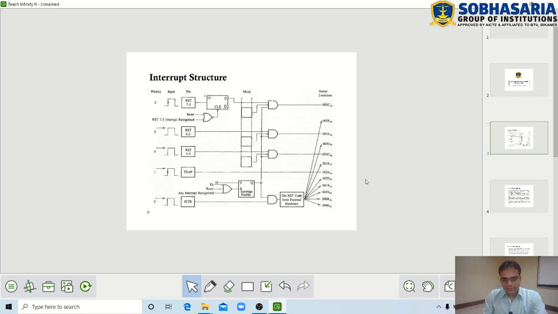The third step: whenever any interrupt occurs, a particular code is to be executed which is written on a vector location of each interrupt. So the third step is to execute the ISR, the code written on the vector location of that interrupt.